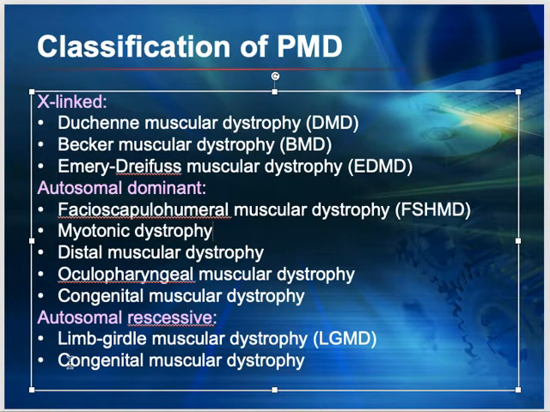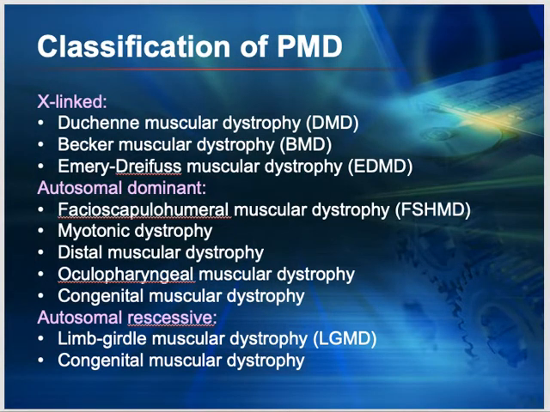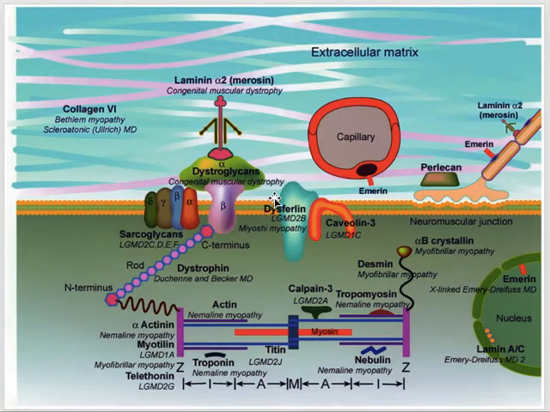Limb-girdle muscular dystrophy or congenital muscular dystrophy. So anyhow, now again, this is maybe too much for you guys, but the thing is easy, not so hard. Rather, what they are showing over here is the extracellular matrix, right? And what they are showing here is the muscle. You can see the actin, the myosin, the things which you know, right? And if you pay attention, this is a very, very nice